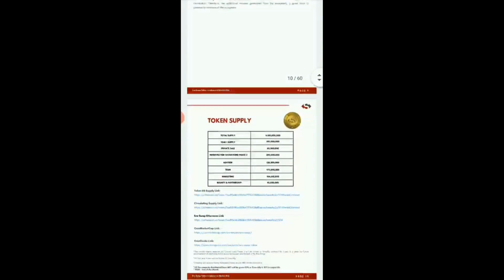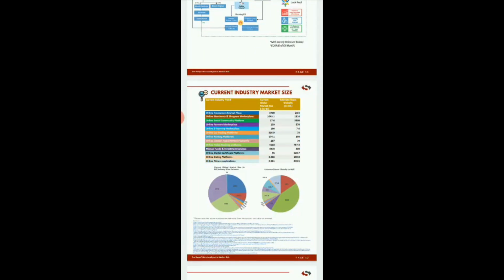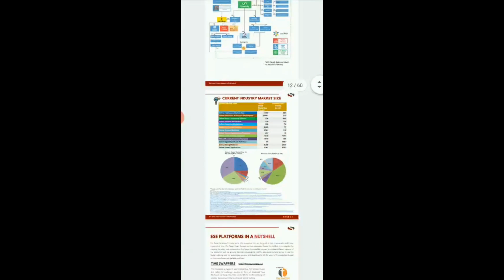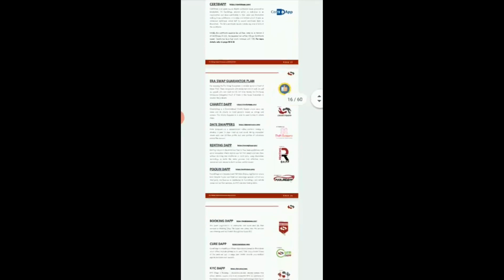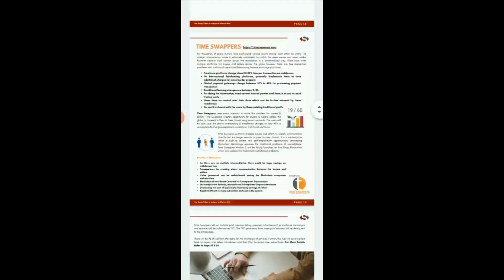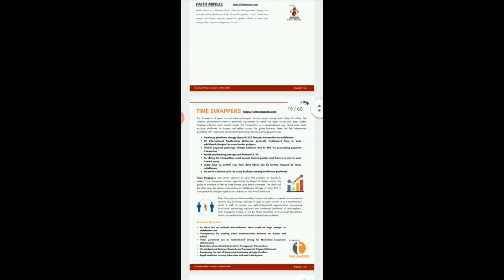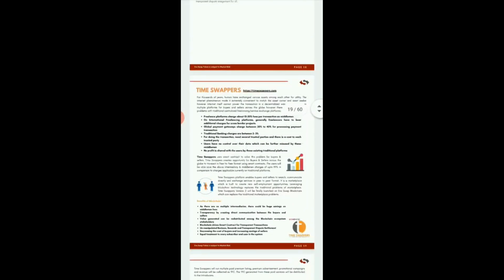Since we are going to cover Time Swappers, I would recommend users to go to page number 19. Here you go, page number 19. On this page, you will find more details about Time Swappers and the website link. So I would recommend you to go to the white paper and read it.